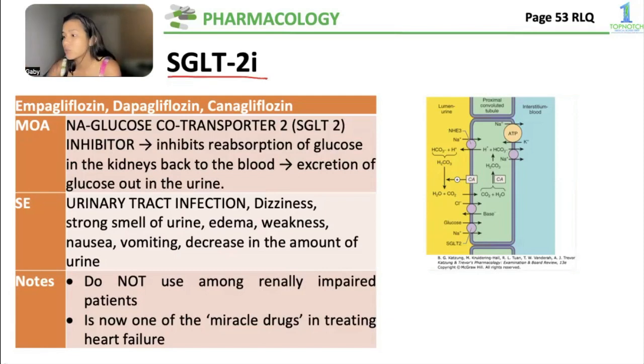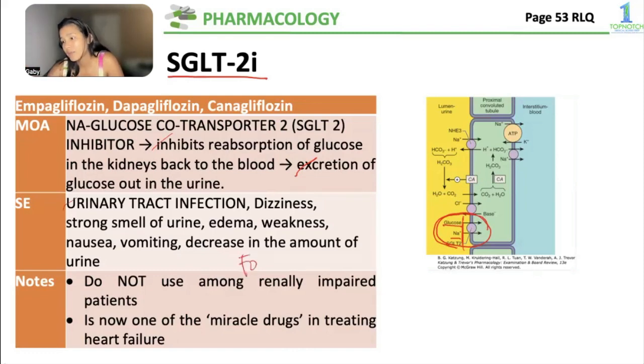What is SGLT2? It is found in your kidneys, okay? It reabsorbs both glucose and sodium. Therefore, if you inhibit this, okay, you don't reabsorb glucose, instead you pee it all out. Glucose and sodium will then pull water out as well, so you also excrete a lot more water. So it inhibits reabsorption of glucose and it causes excretion of glucose out in the urine. As expected, dahil madami kang glucose in your urinary tract, it can increase the risk of your urinary tract infection,